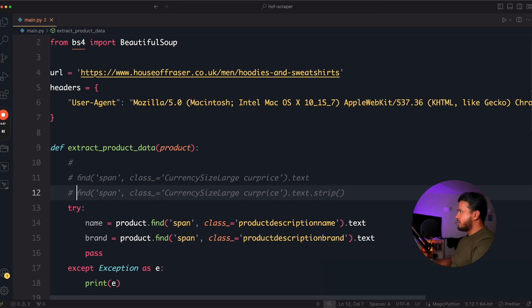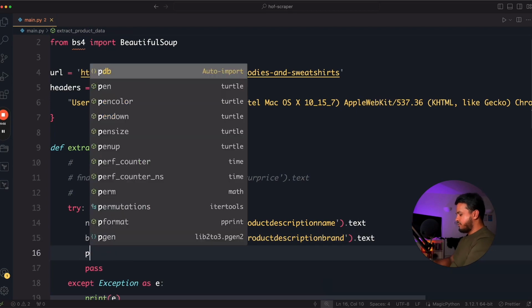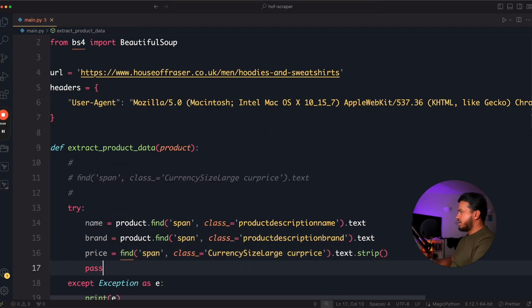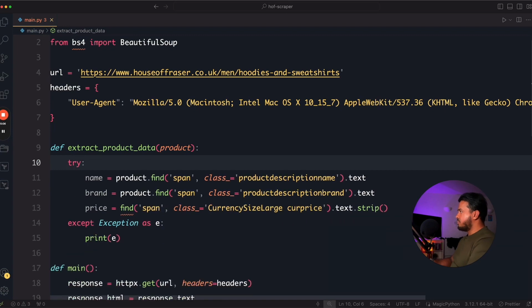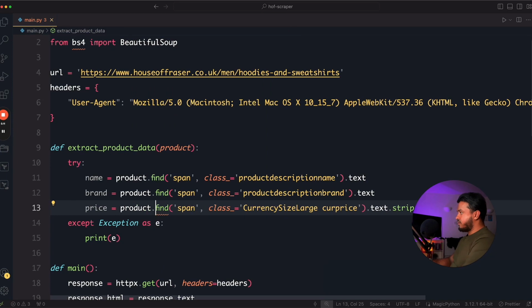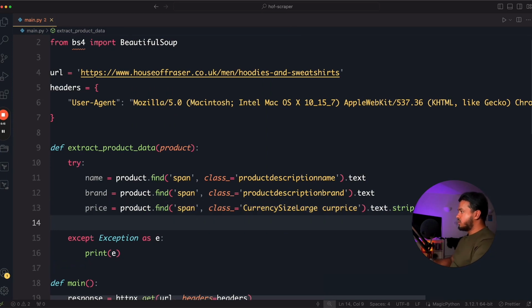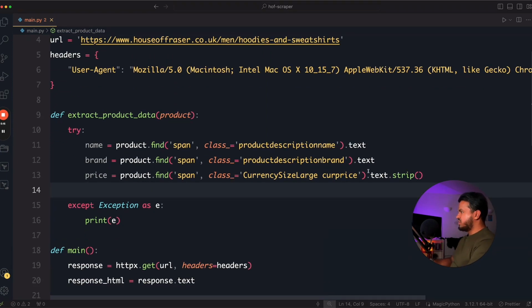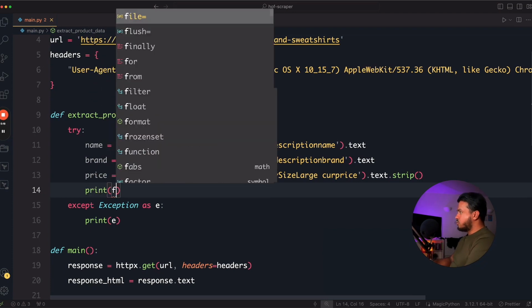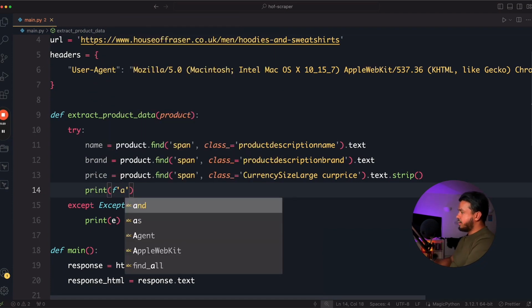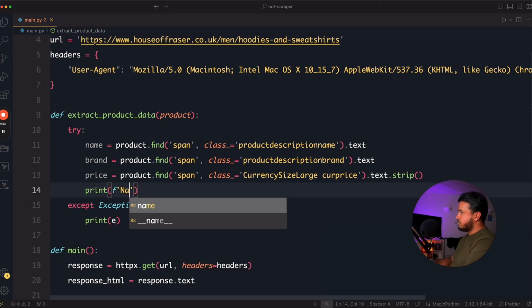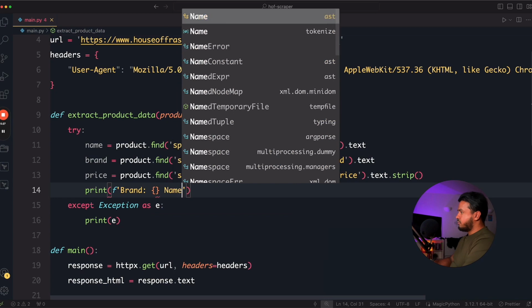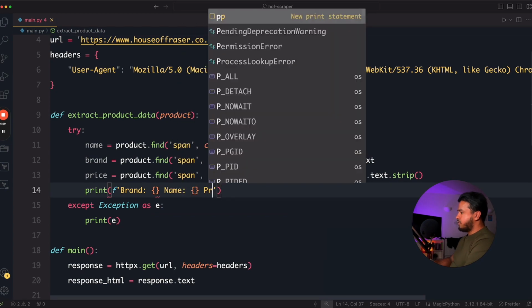So if I go here, and then what we'll do is we'll create a variable called price, set equal to that, then we can get rid of all the comments, and then of course we add product.find. That all looks good, and then the last thing that I'm going to do is just print this out, right? So we'll do an f-string, we'll do brand actually first, followed by name, followed by price,